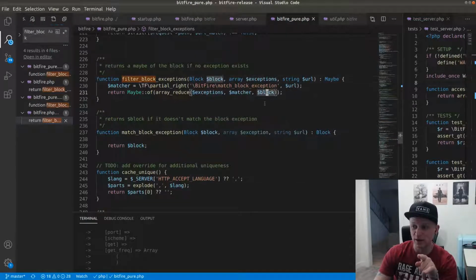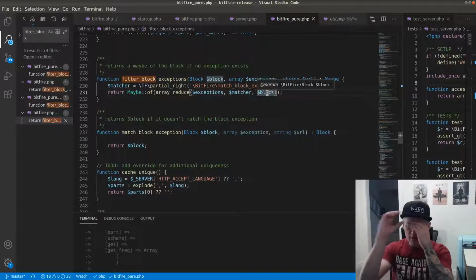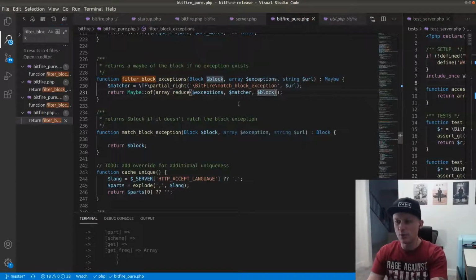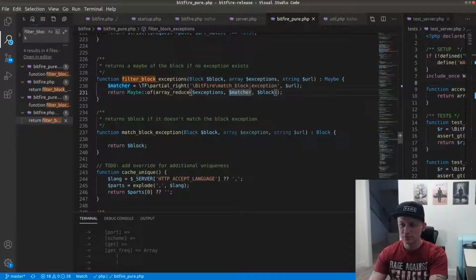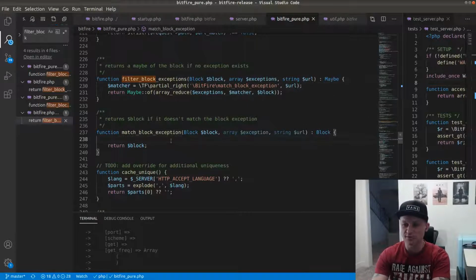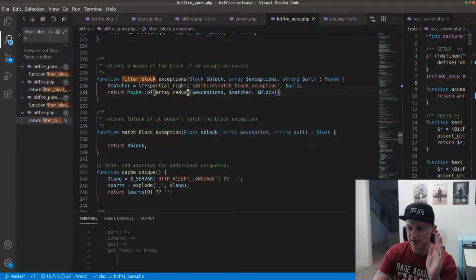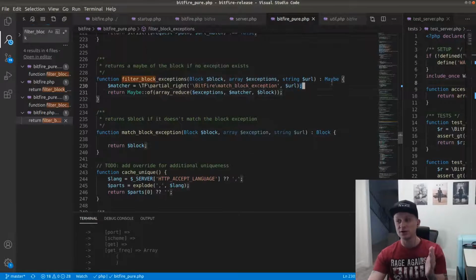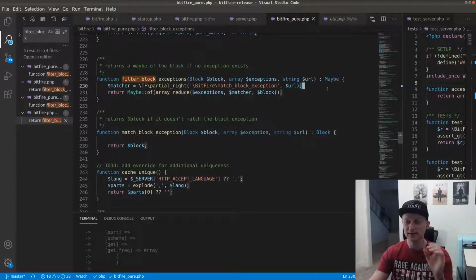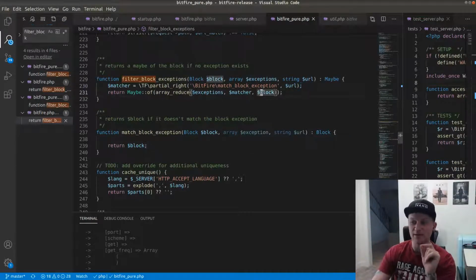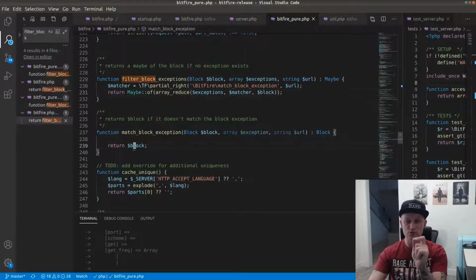This is what we're going to be carrying over. So if at any point the matcher, this match block exception, returns false, then we've hit the exception and our reduction is going to return false, which means we return a maybe of false, which means we have no block. Now, if we return a maybe of the block, meaning if the array reduce returns the original